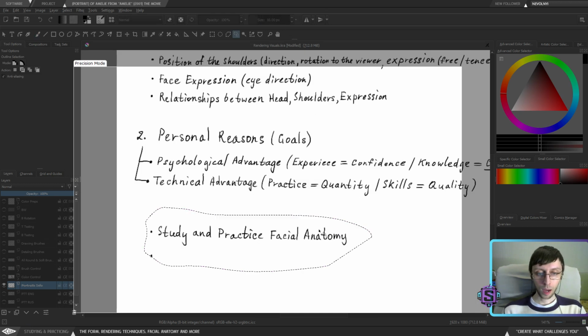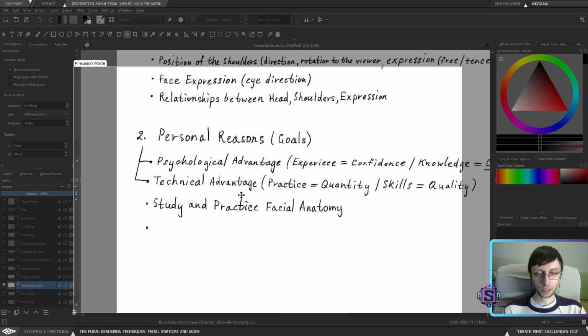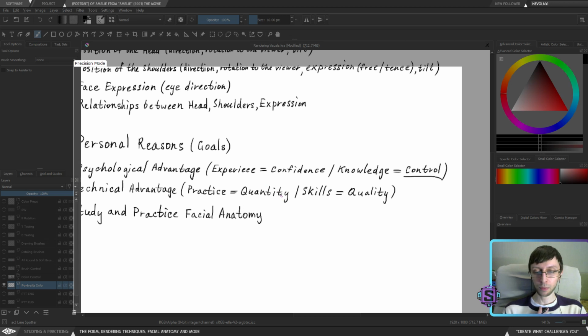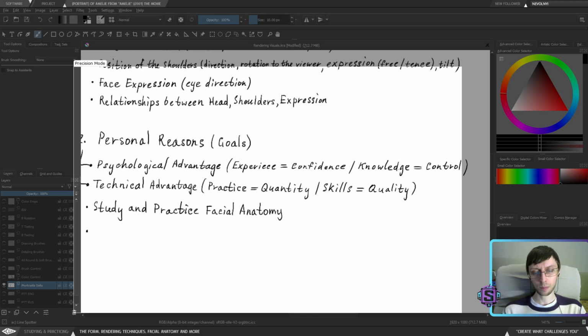So yeah, this is it. I'm not going to establish right here a psychological advantage, because for me the psychological advantage is purely personal. I will tell you what it is, but since it works with confidence and control, it's not necessarily something that we need to establish right here. This is something that I'm going to keep in my mind throughout the whole process.